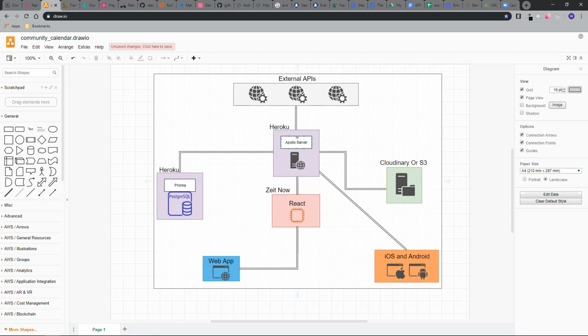So we would have an Apollo server with GraphQL deployed on Heroku, and then our user data for when users create events would be stored in our own database, which would be built with Postgres, and that would have Prisma attached to it. So our Apollo server could communicate with the Postgres server. We would have a React front end deployed on Zeit,